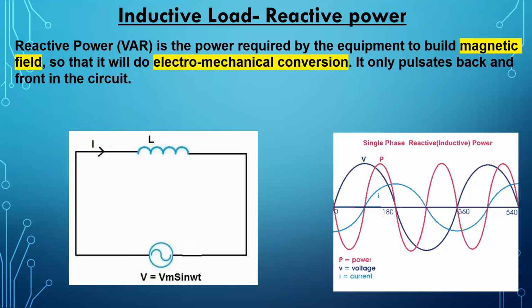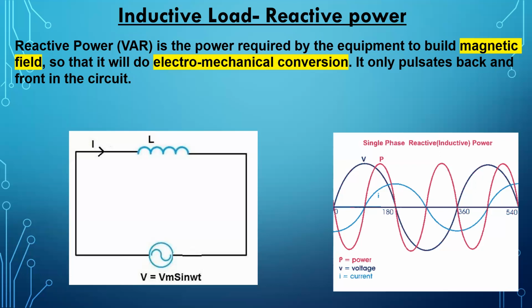So what are the inductive loads? What are examples of these inductive loads? For example, we can take a squirrel cage induction motor. A very large squirrel cage induction motor as a load, when it is started, the starting current will be 6 times more than the normal rated current. Starting current is very high.